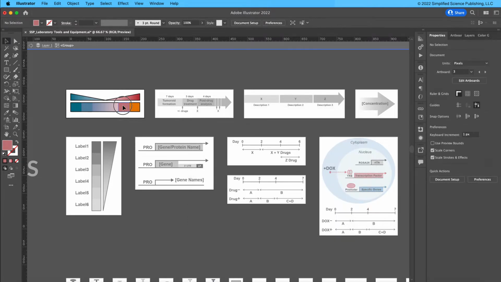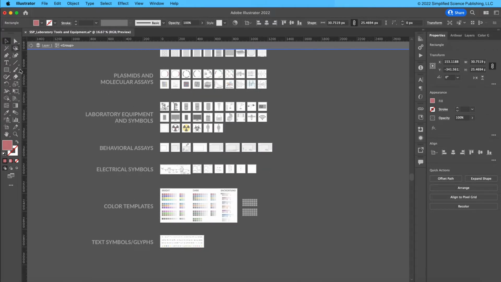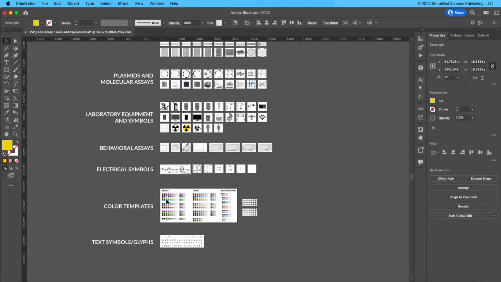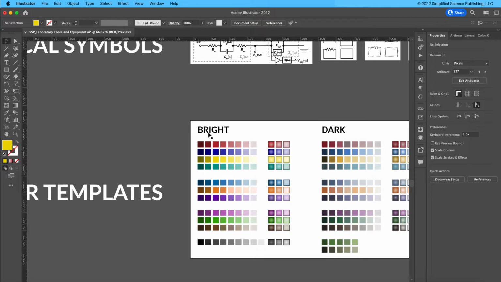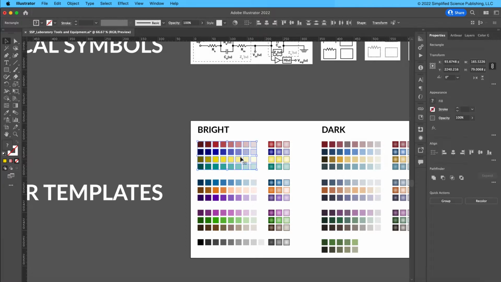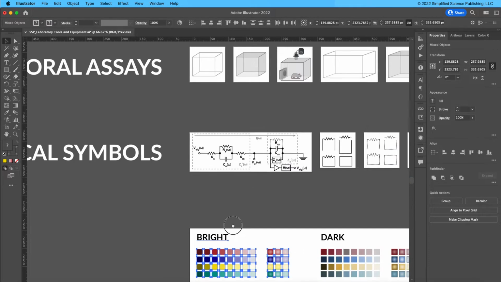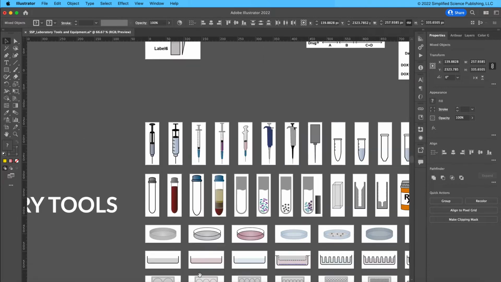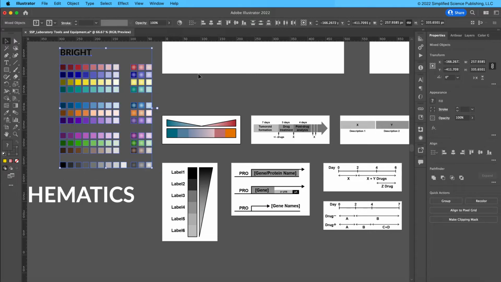You can be adjusting all of the elements in this figure, and I do recommend, right now I'm using my own custom colors, but I will point out that at the bottom of this file, there's a very handy color template tool where I've already selected groups of colors, both bright and dark color schemes, where this group of colors is already pre-approved to be good for people who have color blindness. Same with this blue, orange, and purple palette and this palette. So if you want to have palettes that you already know and trust, and you don't have to think too hard about what color am I going to make this color scheme, know that you can use this color palette